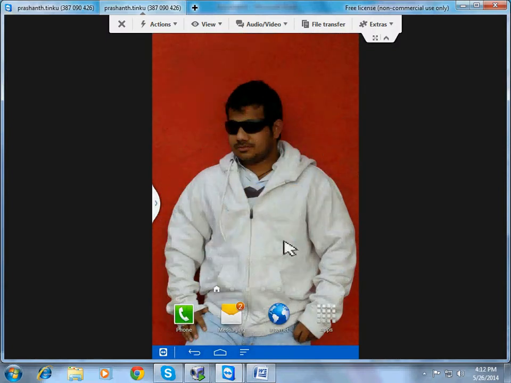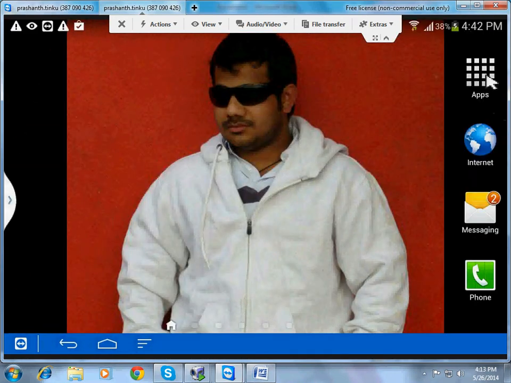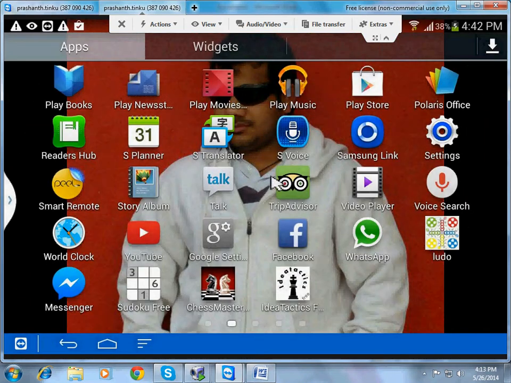Apart from this, say you want to watch a video on your mobile with four or five friends. It is very difficult to watch on the small screen. What you can do is connect through TeamViewer, rotate your Android, open it, and say let's watch some movie.